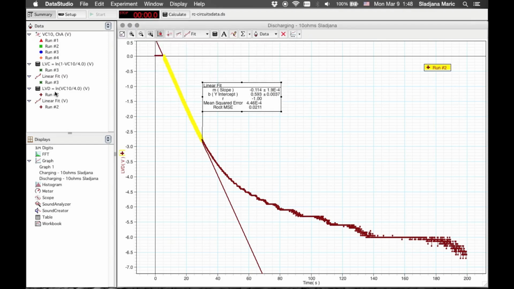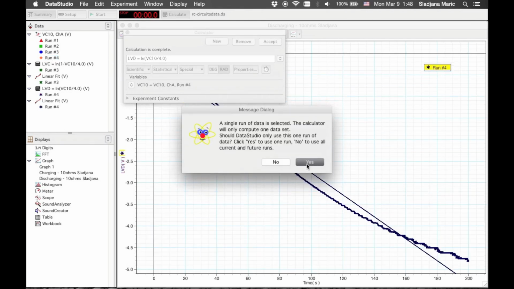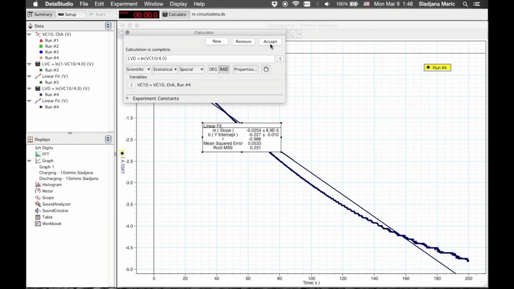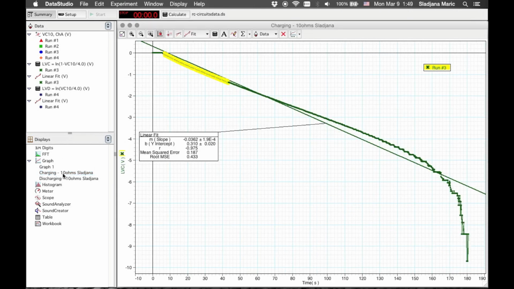and close this, and then similarly double click on LVD, and now take run number 4, because run number 4 is for discharging. Drag and drop under variables, and then click yes, and then click on accept, and then close this. So now your graph that states charging through a 10 ohms, you just need to change here 10 to 33, and then to get the slope,